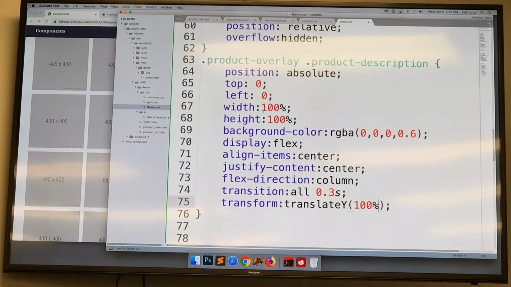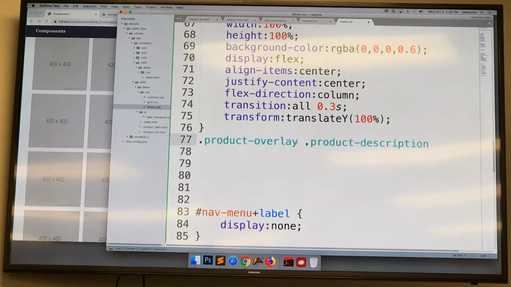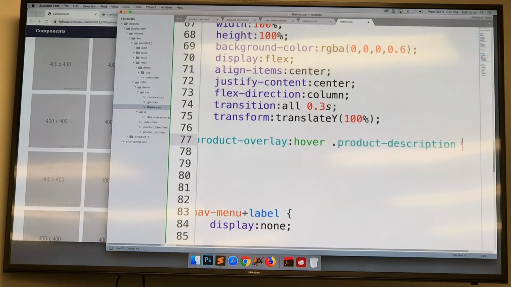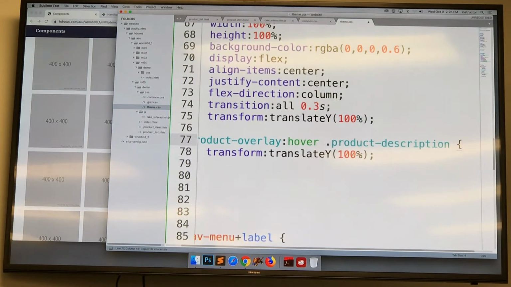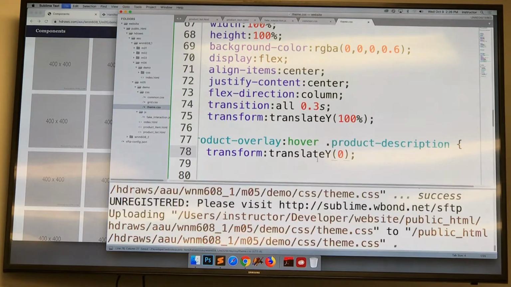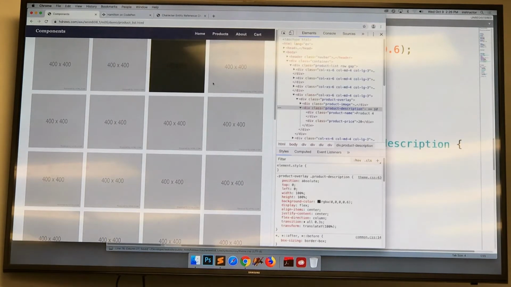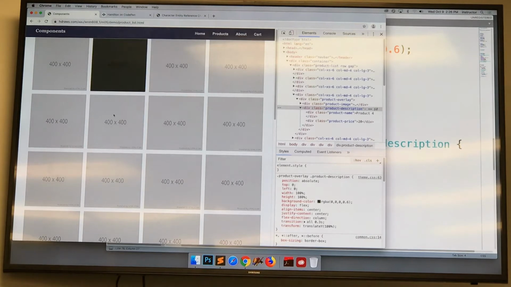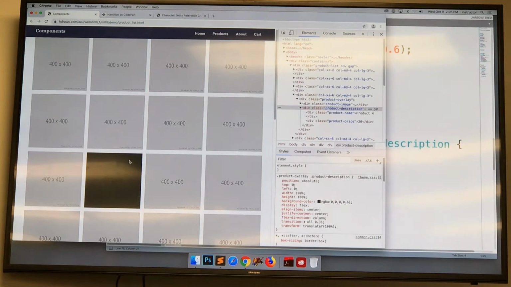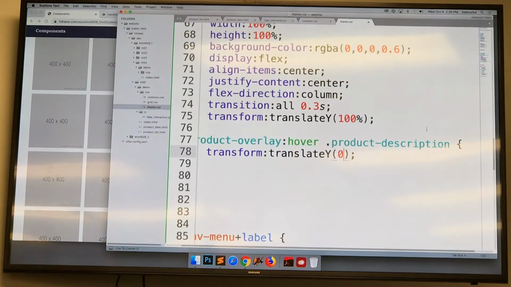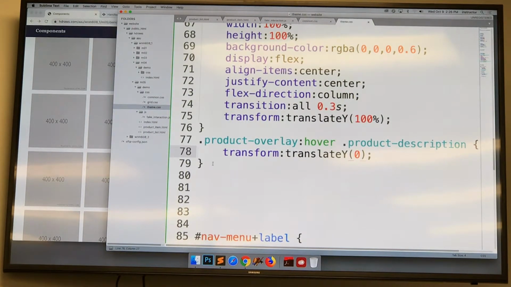Okay? At that point, what we're going to do is we're going to say that when a product overlay is hovered, the product description will change. And that will get a transform, translate of 0. We can do lots more stuff with this. There's a lot more interesting things we can do with this. For instance, we could also say that a